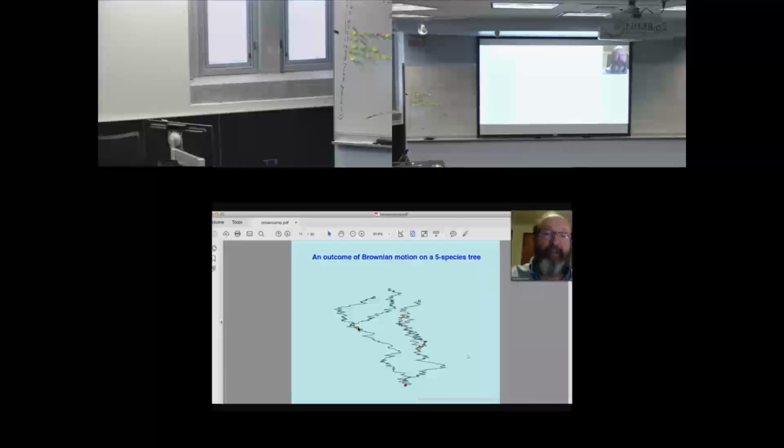Notice they're at different heights because different amounts of variance have accumulated up these lineages. The vertical scale is not necessarily time, it's accumulated variance. And that might be different in different populations. So again, you get two lineages on the left, 2 lineages on the right that are very tangled. This one here is going to again be the common ancestor for another speciation. And now we have 5 tips.